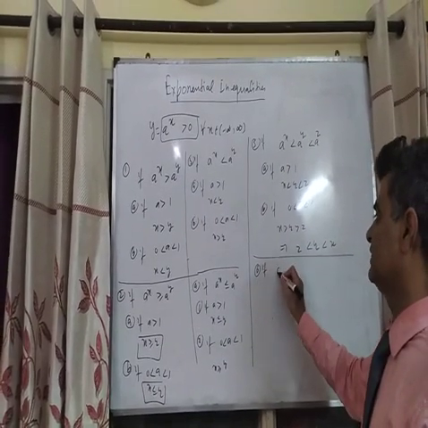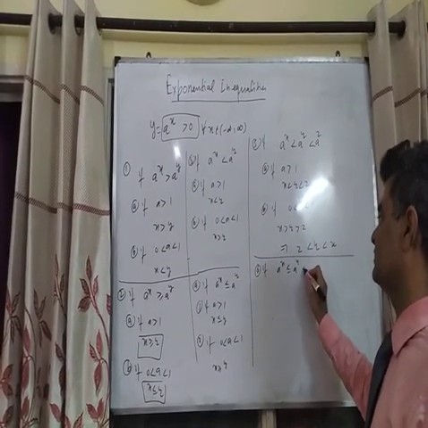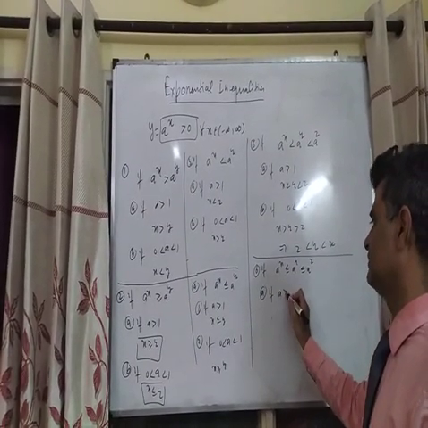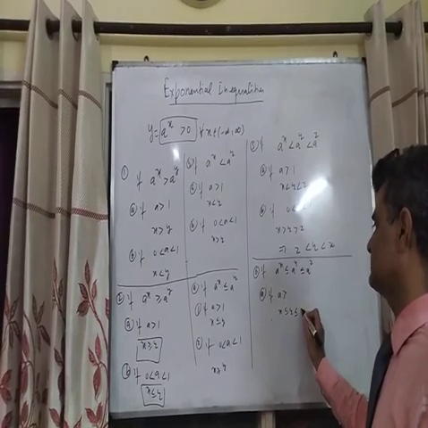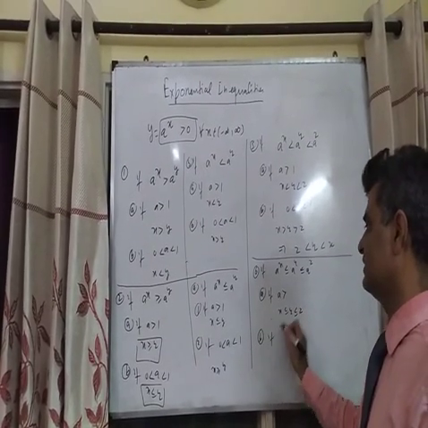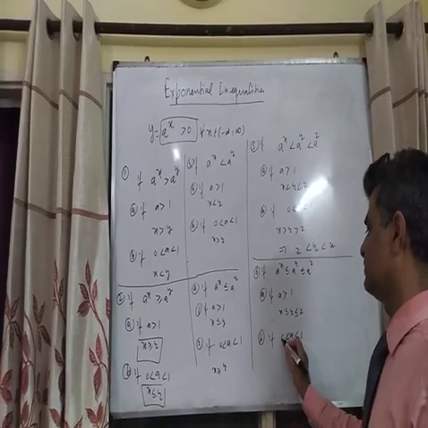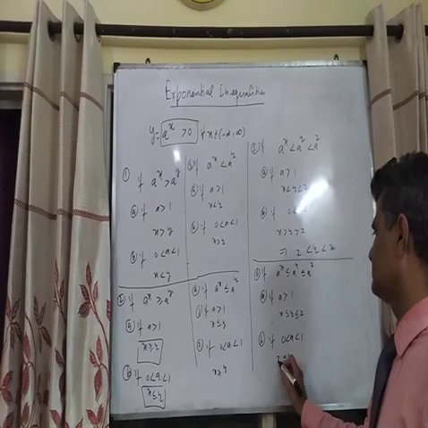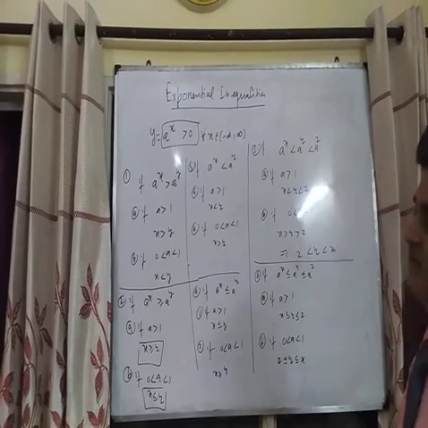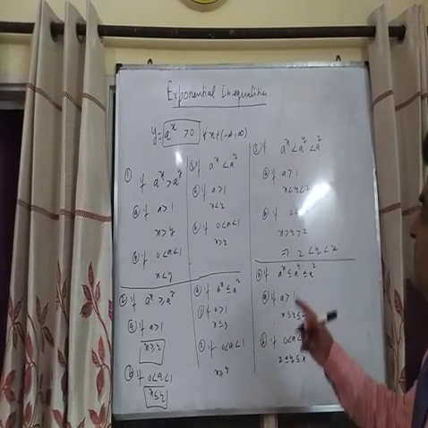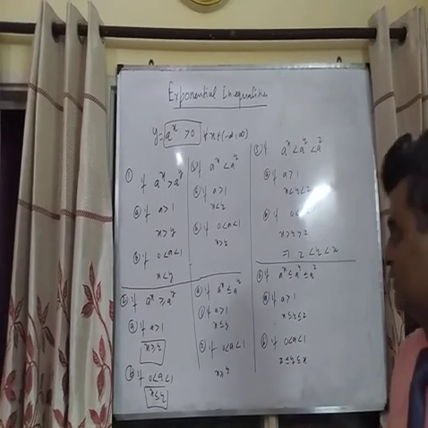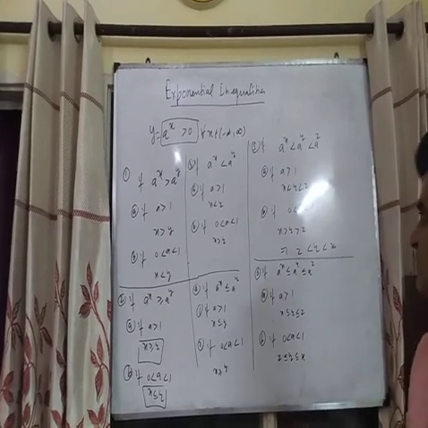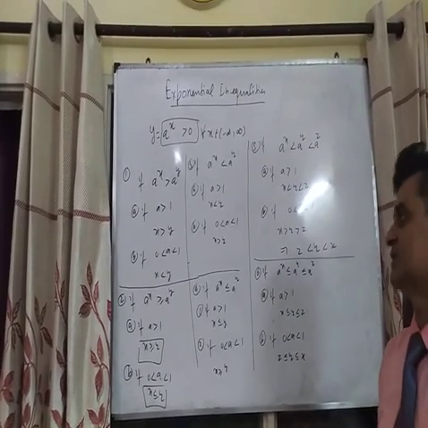Sixth case, if a to the power x is less than or equal to a to the power y is less than or equal to a to the power z, then first case, if a is greater than 1, then x is less than or equal to y less than or equal to z. Second case, if a lies in between 0 and 1, then y will be greater than or equal to z and less than or equal to x. It will get just reversed. So these are the properties of exponential inequalities. We have to understand and remember them throughout the process of calculation.